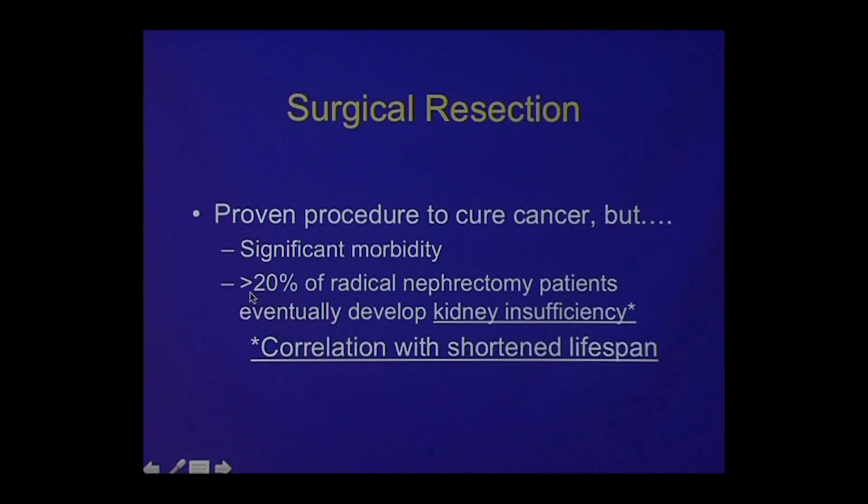I would imagine it's a pretty big thing to recover. Surgery to take the whole kidney out is a big incision, and even though you may get out of the hospital in a few days, it really takes weeks or months to recuperate from that. And if they have to take your whole kidney, it turns out that about 1 in 5 people will